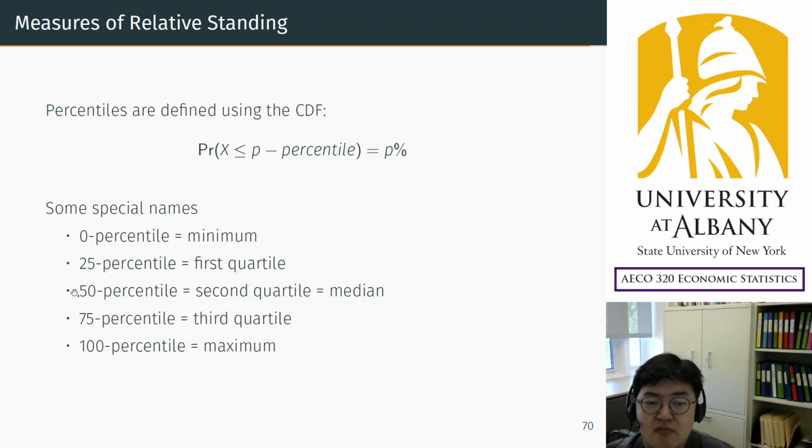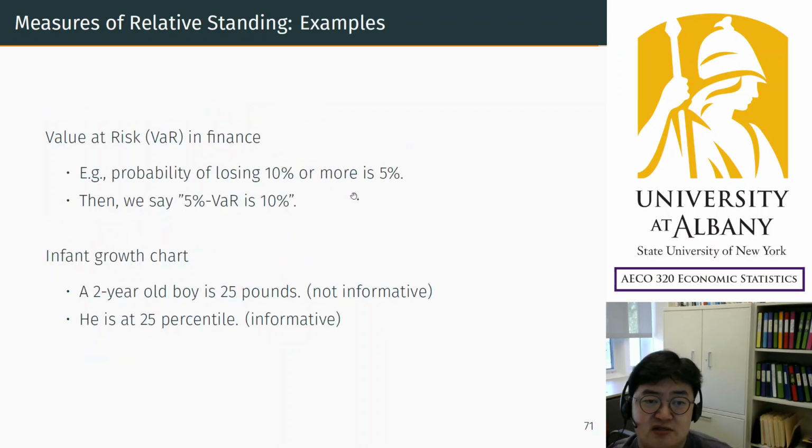Also there are many different names, like decile, quantile. So basically the idea is we divide the sample and choose some point where the probability below that is a certain percentage. So it's like this: the probability that a random variable is smaller than or equal to a certain percentile is exactly that percentage. So that is the definition, which is also commonly used in many practices.